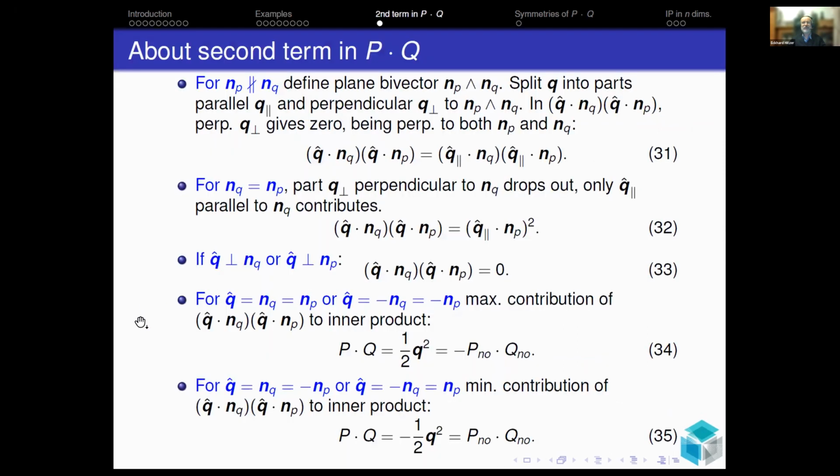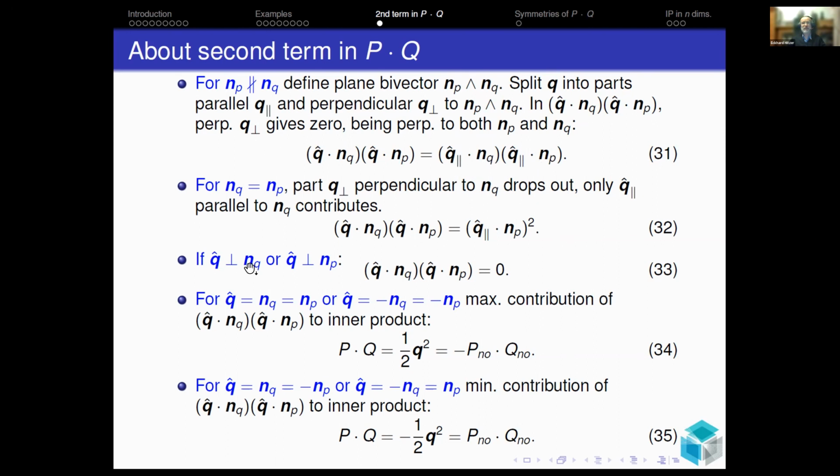Now, about the symmetry of this expression in equation 9, if the two planes are not parallel, so NP and NQ are not parallel, then together they define a plane bivector. And we can split the distance vector into a component parallel to the plane and orthogonal to the plane. And then in the computation, the inner product with the orthogonal component drops out because it's orthogonal to both NP